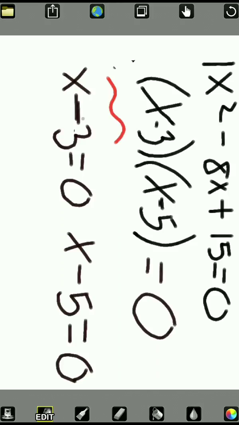And many of you are probably wondering why we set each parenthesis equal to 0. So let's just say the first parenthesis is A, and the second parenthesis is B. Notice how they are being multiplied by each other and equal